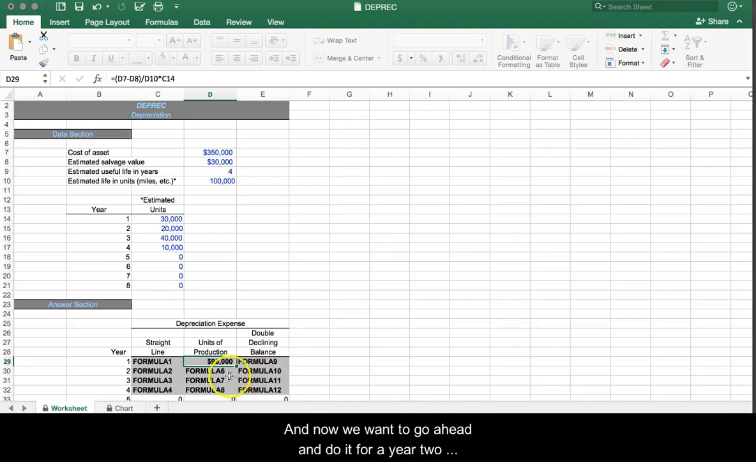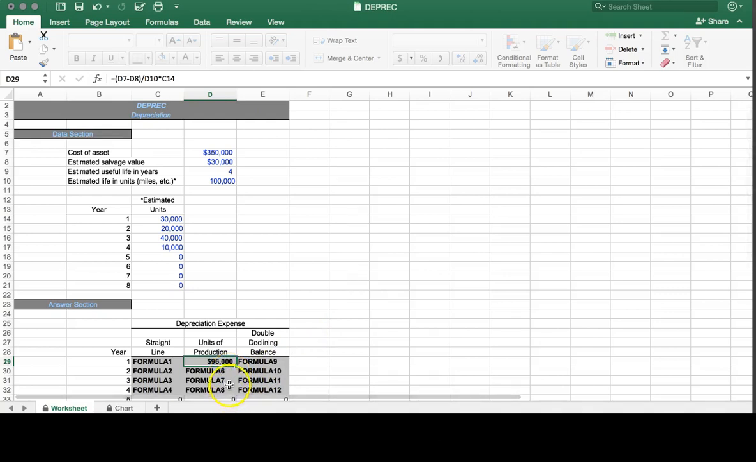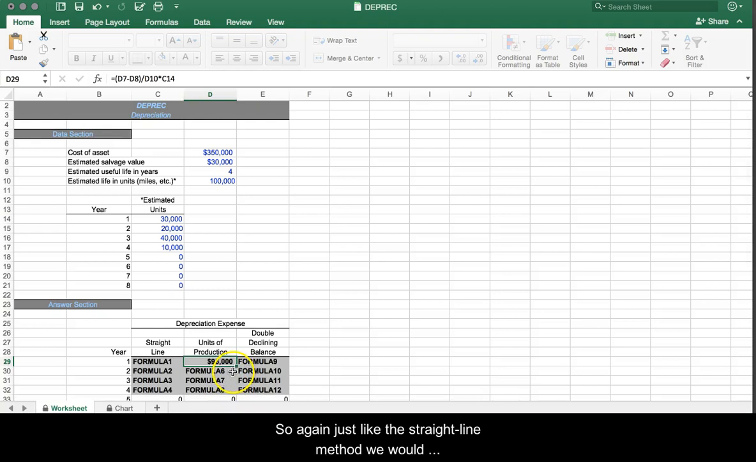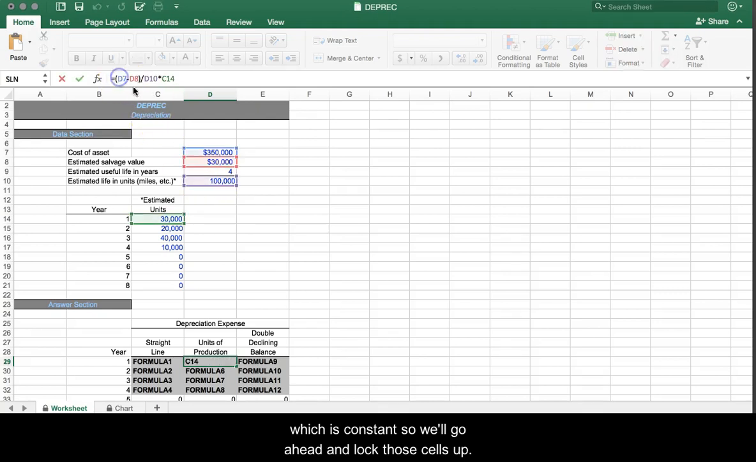And now we want to go ahead and do it for year 2 through to year 4. So again, just like the straight line method, we would want to copy this down to save some inputting steps. But before we do that, we need to lock up the cells that we want to keep constant. And that is D7, D8, and D10, which will return the depreciation expense per unit, which is constant. So we'll go ahead and lock those cells up by inputting the $ sign